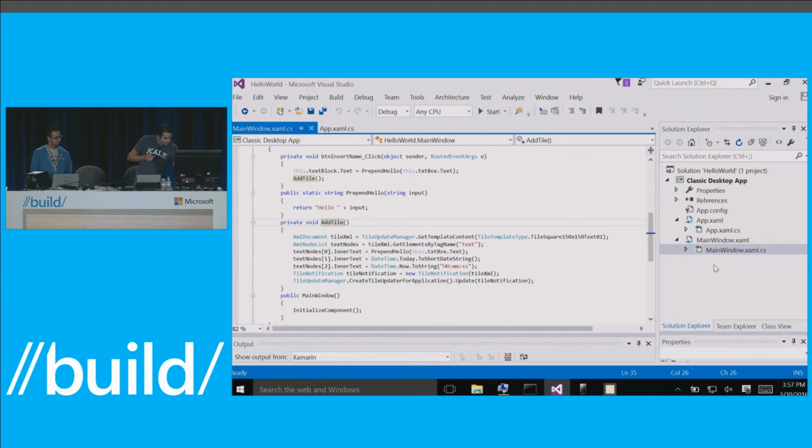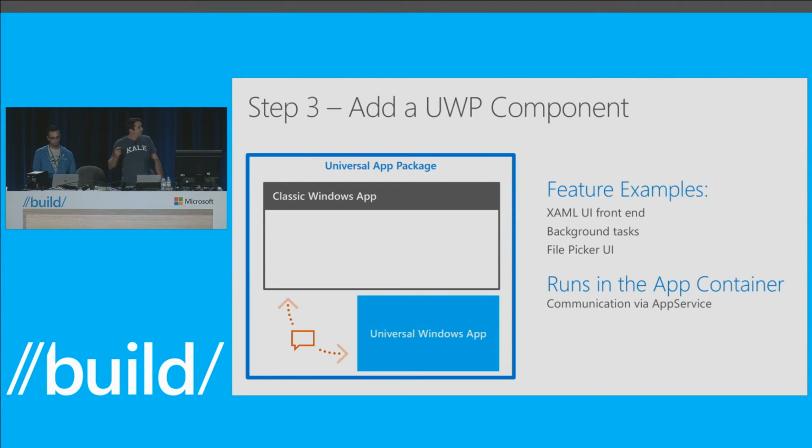So let me go back now. Okay. So now you've got your basic Centennial app. You've converted it. You've called a few APIs, but it's still basically just your desktop app. The next things you can start doing is really start making it integrate with the system the same way that UWAs do. So for example, I was actually just talking to someone right before this talk, and they said, hey, we'd really like to be able to do the launch URI for results thing,